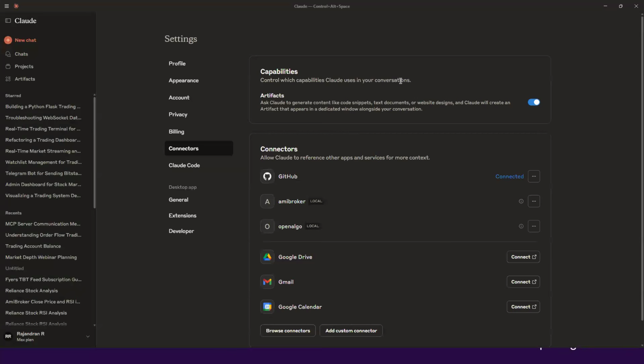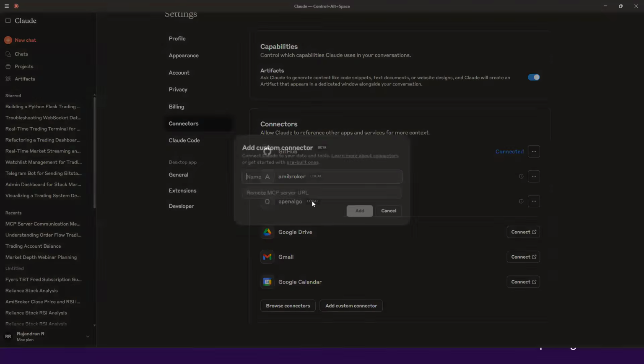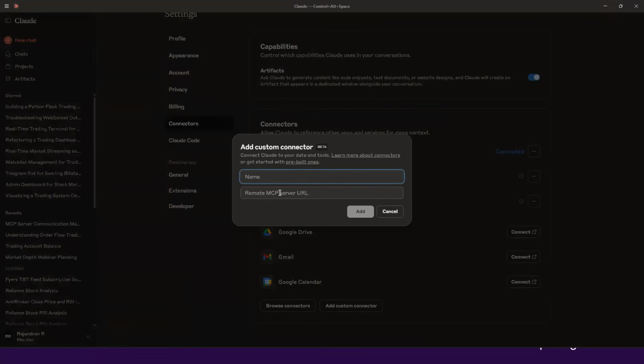So you can add a connector, and let's say manage connectors. Here I'll be able to connect. I can add a custom connector and put a remote MCP server URL. This is not local SSE. I mean, this can be local SSE also, but this should be SSE, right? Server-sent events. But as I said, if you are going to interact only within your local application itself, not interacting with any other external server,